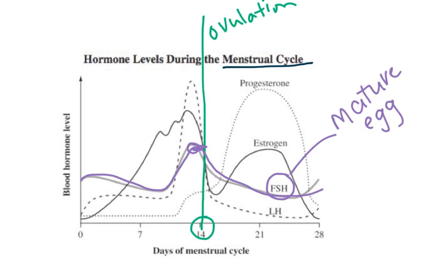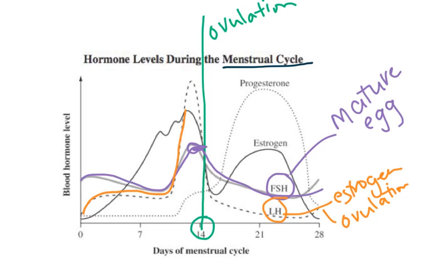Okay, our next hormone we are going to look at is our LH. Okay, so remember, if we go back, the purpose of LH is, first of all, it's going to stimulate estrogen. Okay, it's going to trigger ovulation. So when we look at this, when we track our LH, which is this line here,